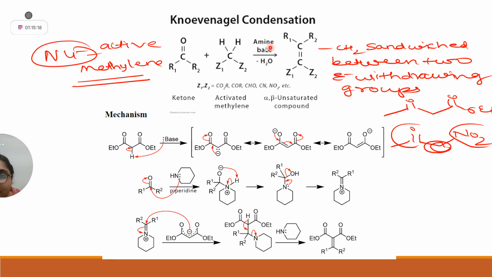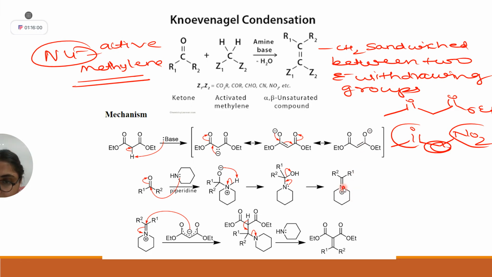Now on the arrow it is written amine, and amine is also there. What will the amine do? Amine is going to attack your ketone, the other partner, that is your electrophilic partner. It will form an iminium ion. You have an electron deficient center ready, and an electron rich center ready: electron rich from active methylene, electron deficient from your ketone and secondary amine reaction. Now don't say, ma'am, here imine forms, please form enamine, because then you have two nucleophiles. Two nucleophiles can't react, correct?